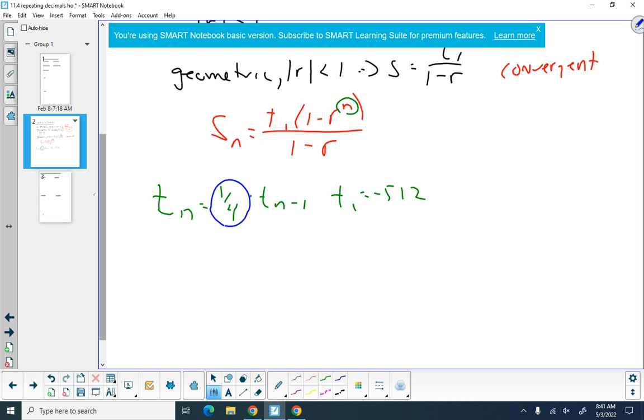This is a recursive form for a geometric series. And my ratio is a value of 1/4. So the absolute value of my ratio is less than the value of 1, which means I have an infinite geometric series. No, I'm sorry,